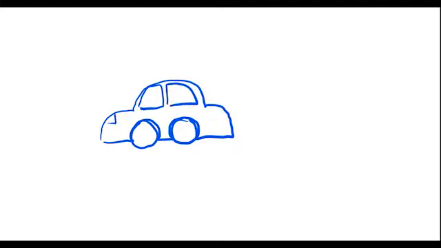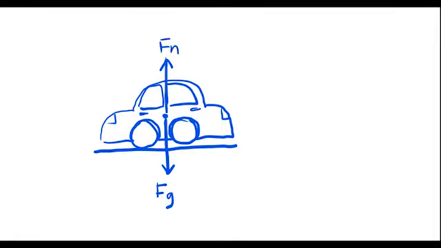Now, how does this relate to a car crash? Imagine a car is driving down a highway. What forces are acting on it? Well, since this car is on Earth, it is acted upon by gravity, so we can draw this force. And because the car is sitting on a surface, the road, it also experiences a normal force. A normal force, or contact force, is the force of a surface pushing back on an object. Without a normal force, the car would fall through the ground.